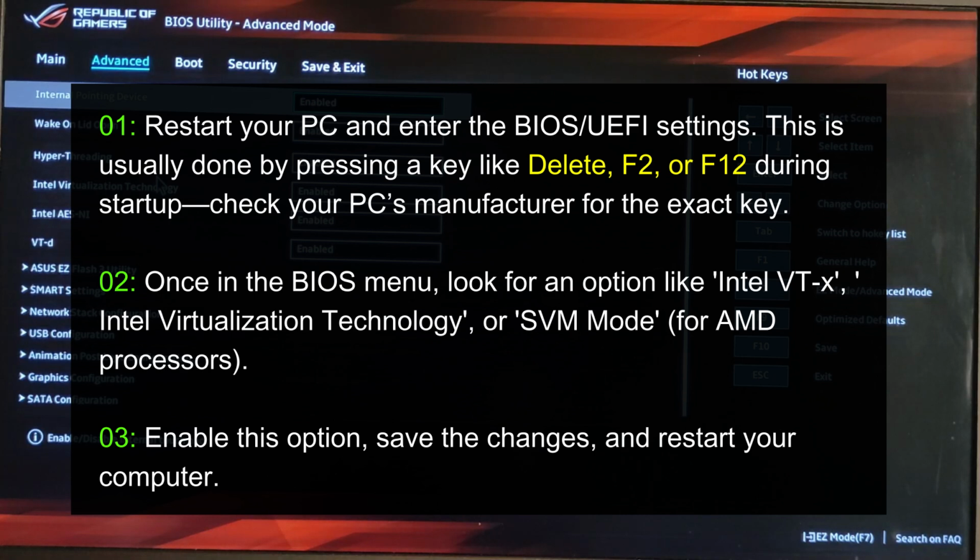Step 2. Once in the BIOS menu, look for an option like Intel VT-x, Intel Virtualization Technology, or SVM mode for AMD processors. Step 3. Enable this option, save the changes,